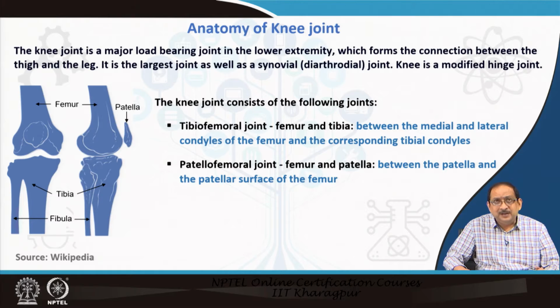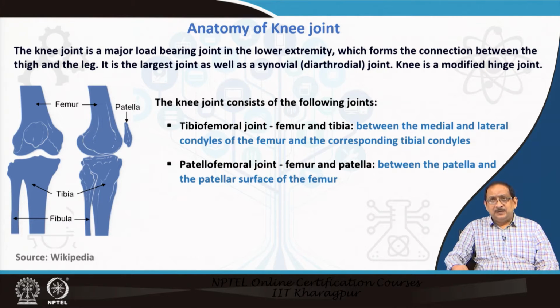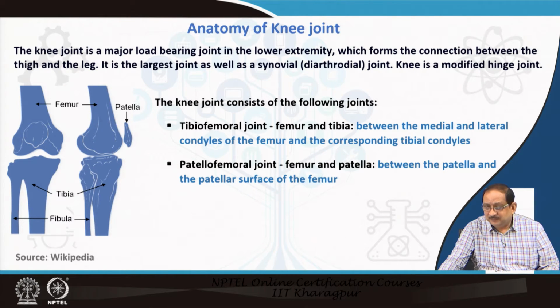The knee joint is a major load bearing joint in the lower extremity, which forms the connection between the thigh bone and the leg. It is the largest joint, as well as a synovial joint. The knee is a modified hinge joint. The knee joint consists of the following joints: